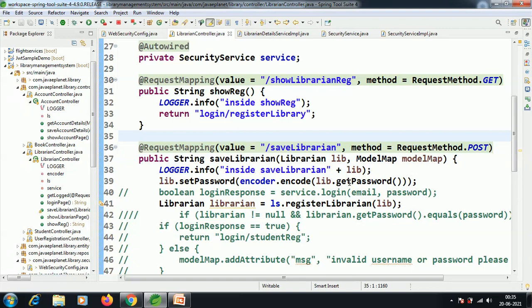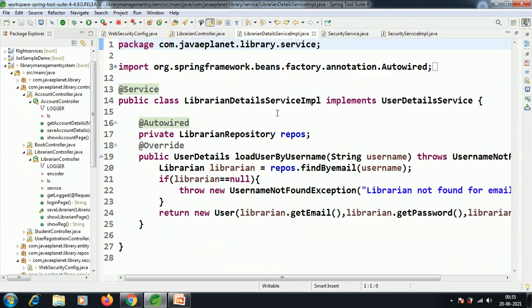How is it validating? By using the UserDetailsService interface, it loads the registered user present in the database using loadUserByUsername. It is loading the user details.